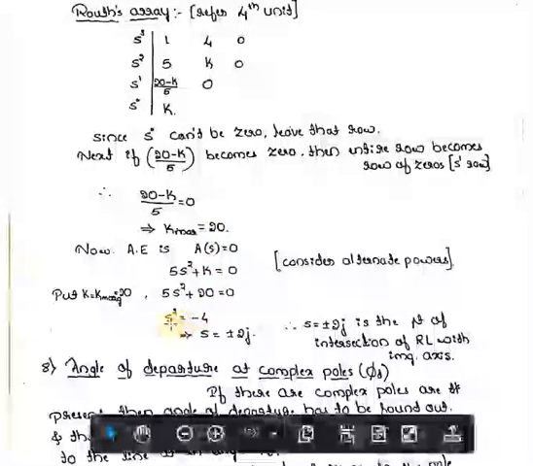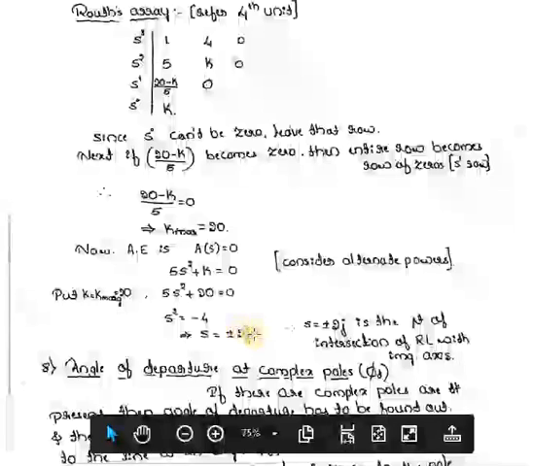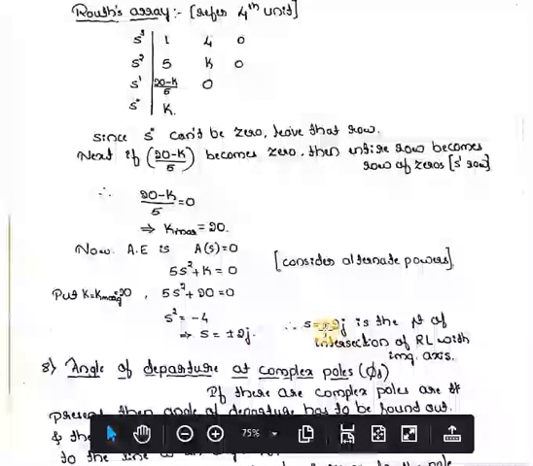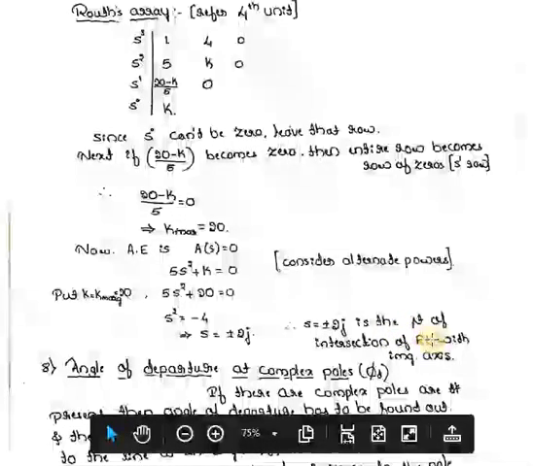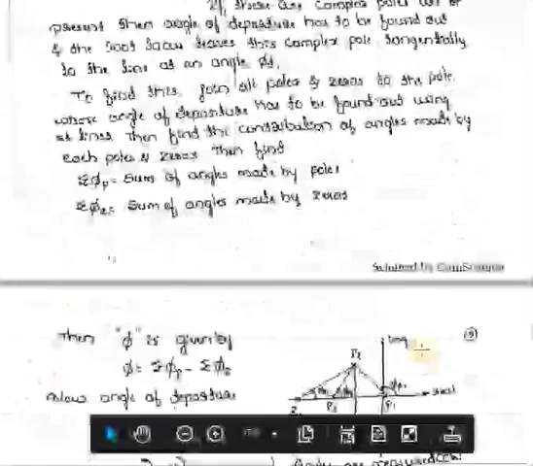From that you will get S square as minus 4. So S, the root of this one, will be plus or minus 2j. So therefore S equal to plus or minus 2j is the point of intersection of the real root locus with the imaginary axis. Then you need to find out